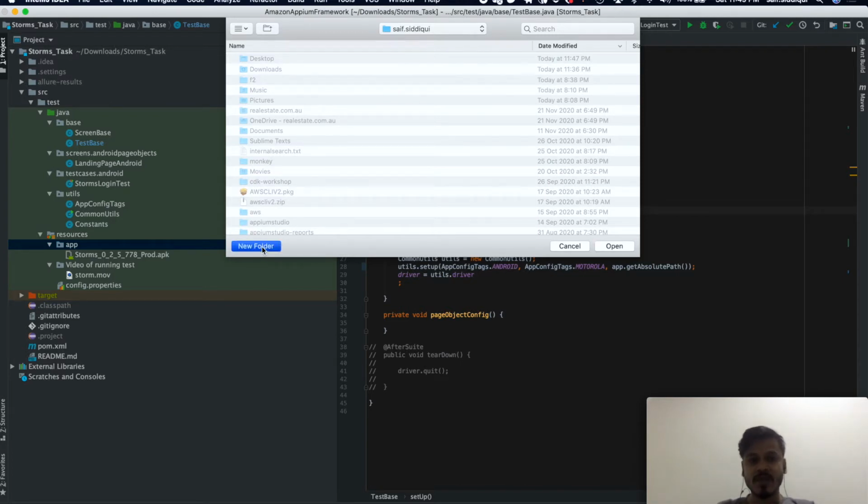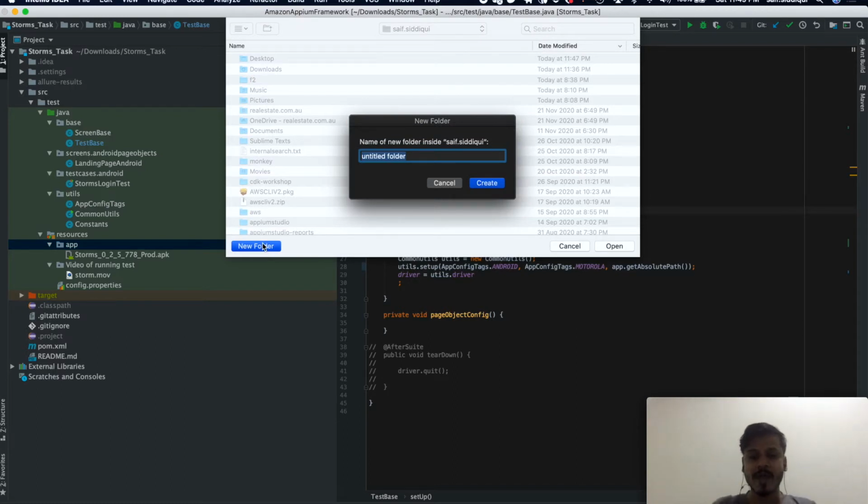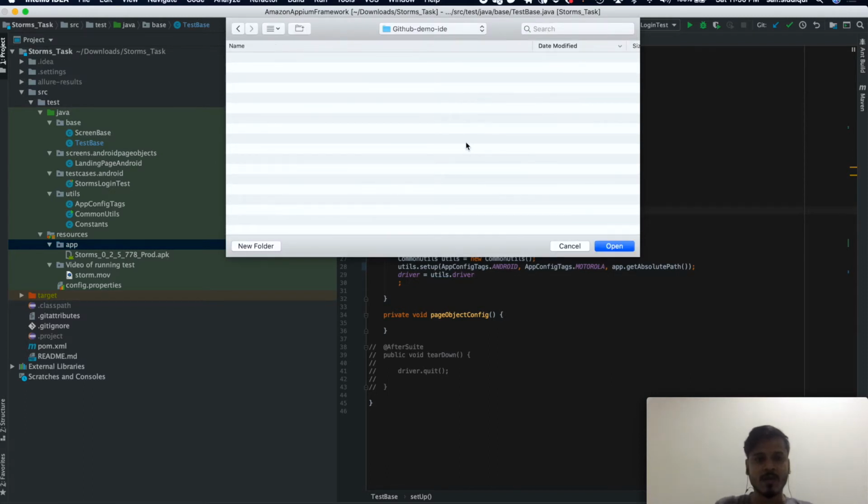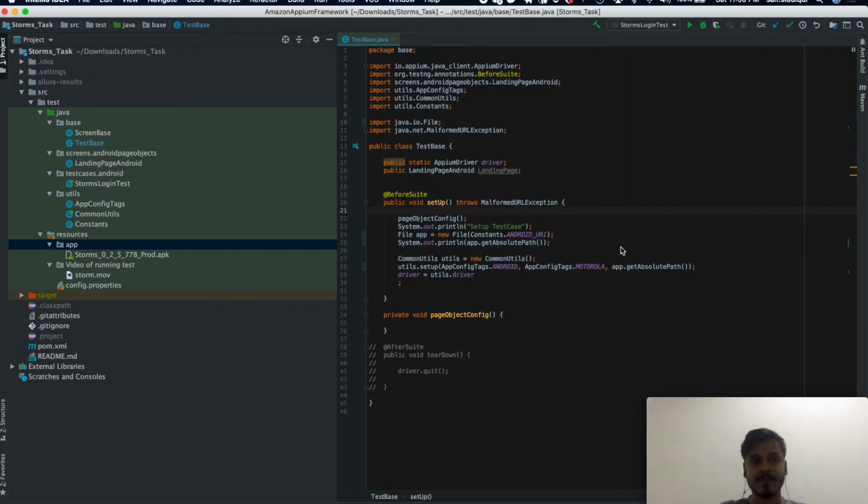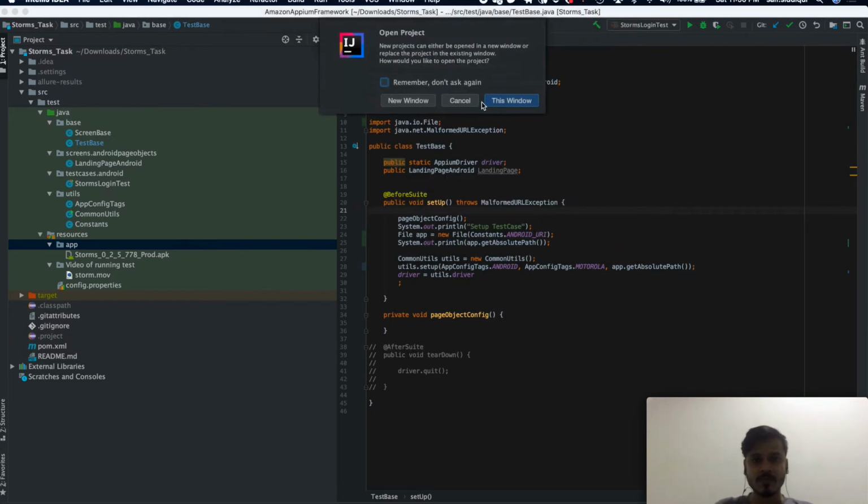So for this I will create a new folder and I will name it GitHub demo IDE, and I will create it. Now I will open this in the IntelliJ IDE. I will just use new window.